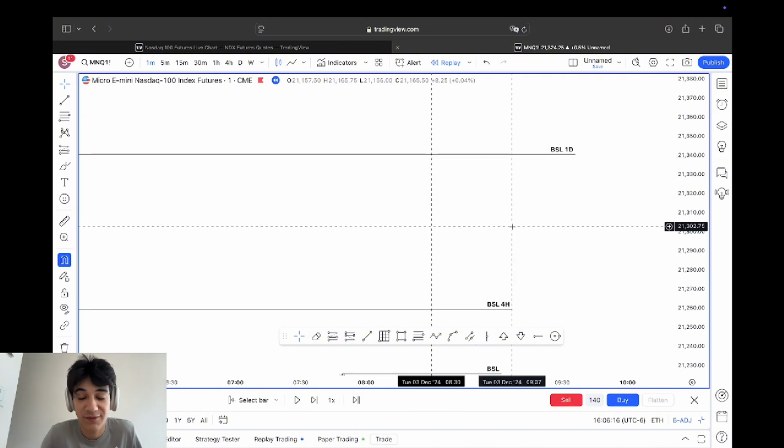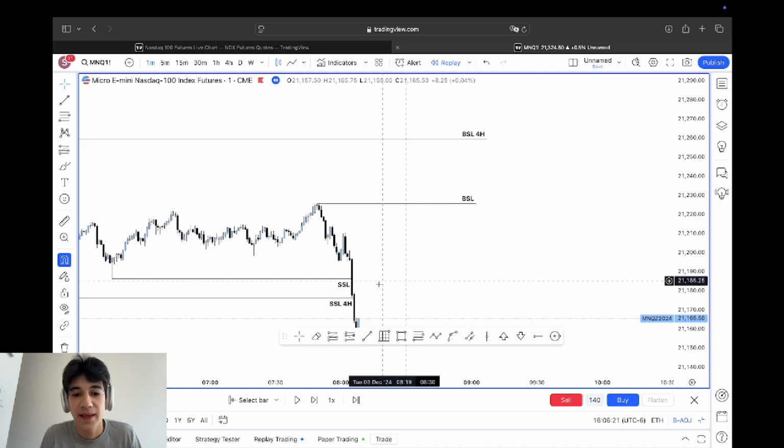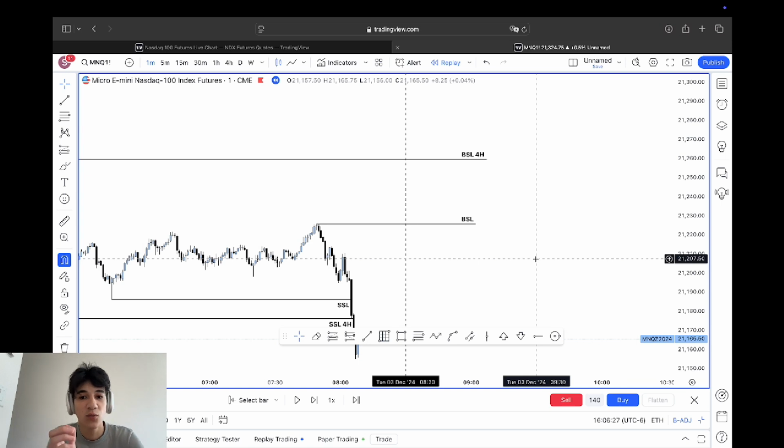I could see that being possible. So I was really wanting to just wait for a market structure shift and really just target this lowest buy side level. And to be honest, realistically, I wouldn't really be taking much of a trade today, but due to